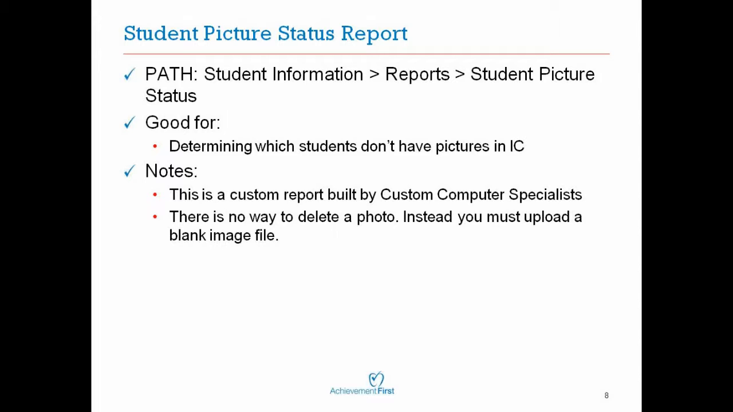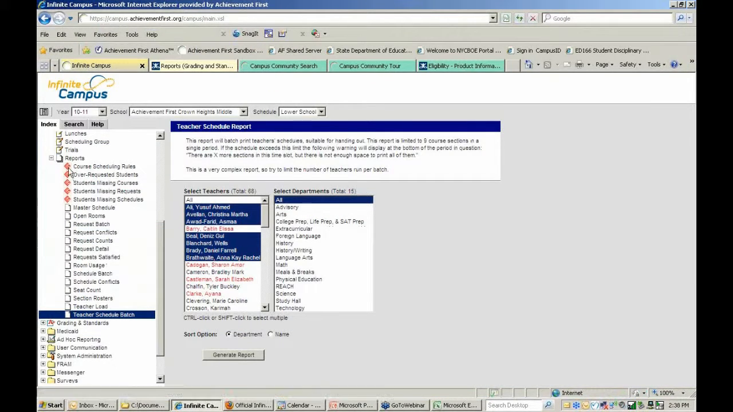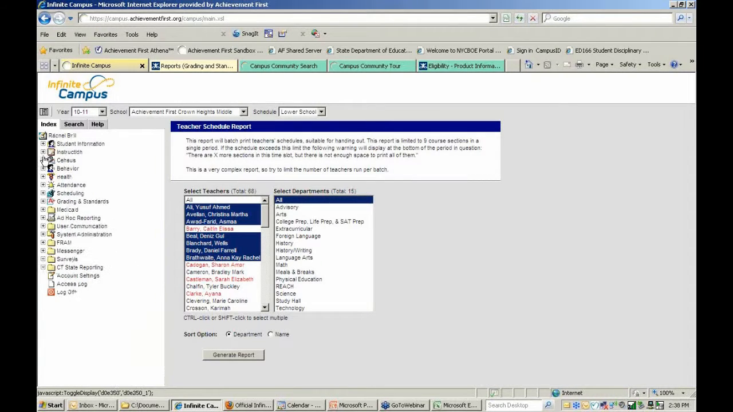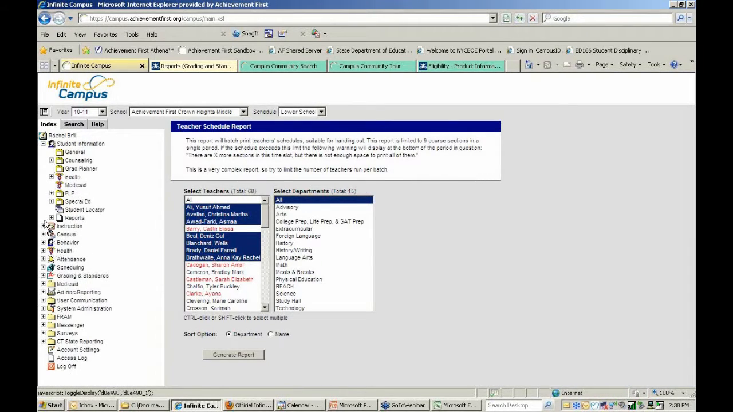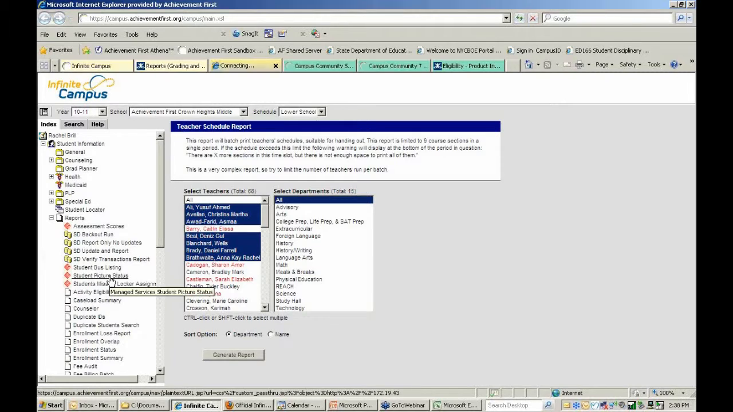But we did just get some custom reports built by Custom Computer Specialists, who are our value-added reseller of Infinite Campus. You may have noticed in Infinite Campus there are some reports with this red diamond icon, and those are all those new reports that we just got. Some of them aren't relevant for us, but some are really helpful. So if you go to Student Information Reports, Student Picture Status,